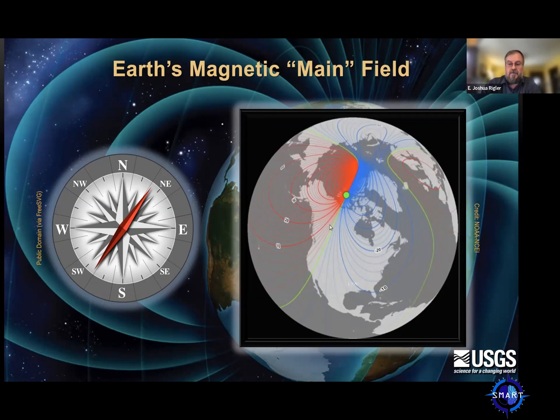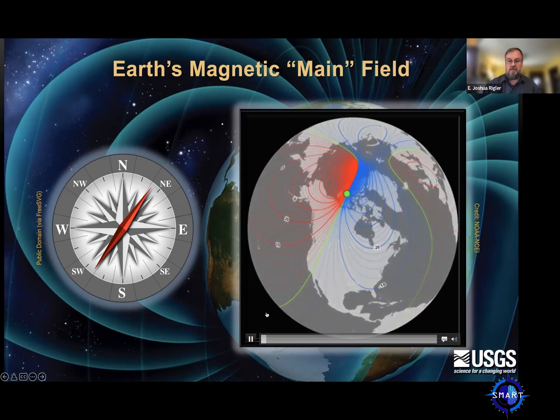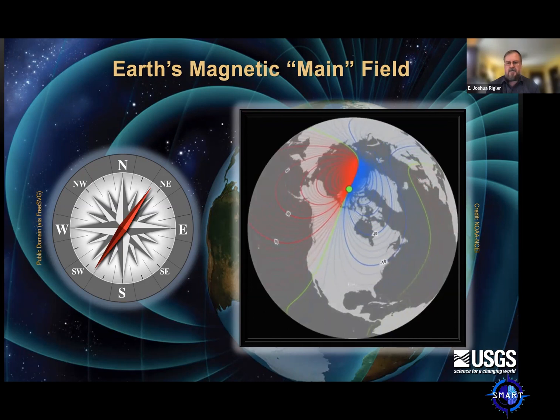But I think most of us also know that the Earth's magnetic field is neither perfectly dipolar, nor is it stationary in time. And this figure on the right is showing you how it's not dipolar. These are contours of magnetic declination that change across the northern hemisphere. And more to the point, it's not stationary. It actually varies in time, but these are fairly slow variations, and we can track these. And this is part of what magnetic observatories do. They track these slow changes, the slow evolution of the Earth's magnetic field.